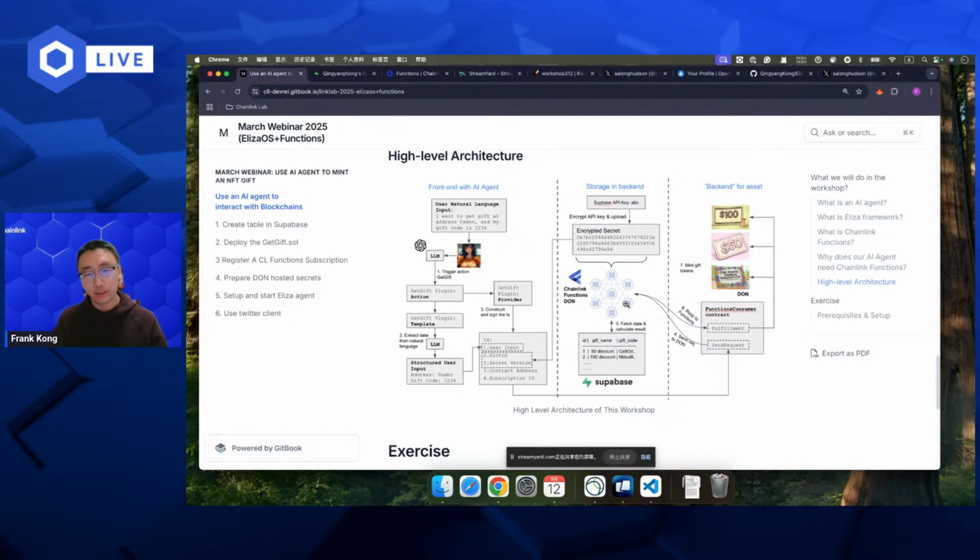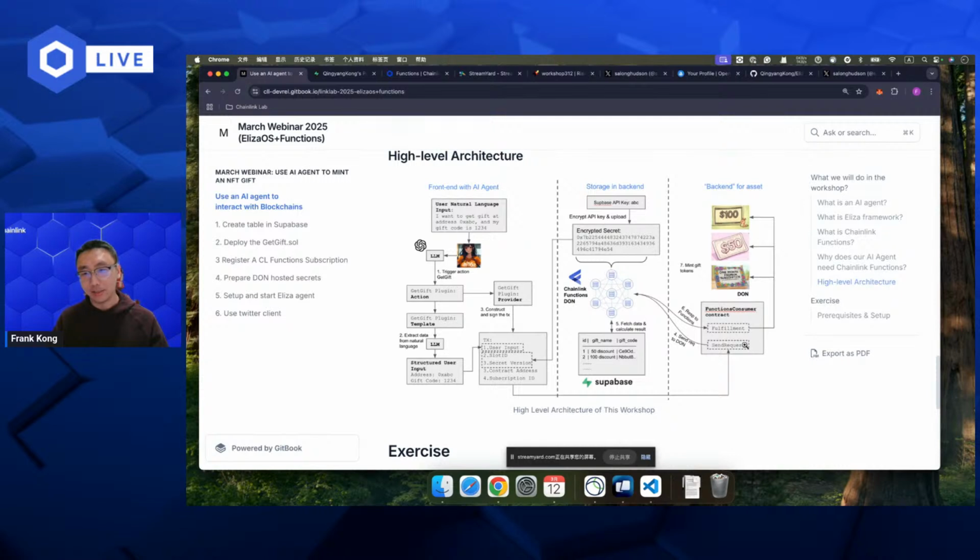But with Chainlink Functions, when the data is fetched from the database and put into the onchain smart contract, it is done in a very decentralized manner, because every single node in the decentralized Oracle network will do it independently. So it is very hard for a malicious attacker to control this data flow. That is the reason we use Chainlink Functions here.